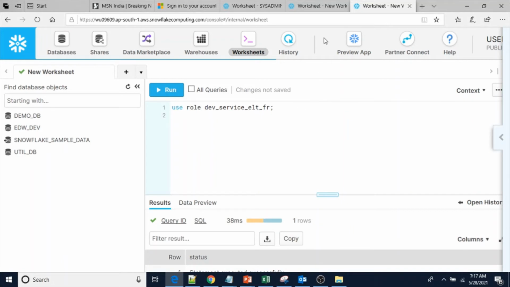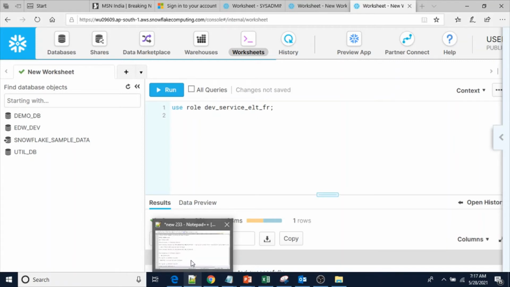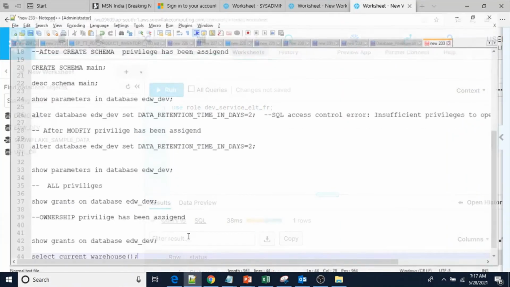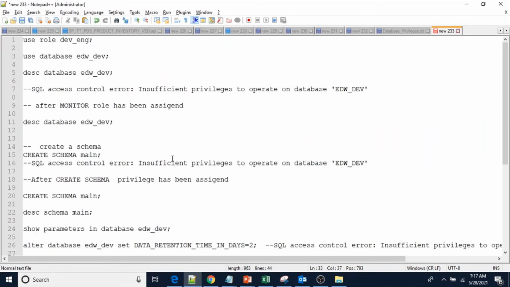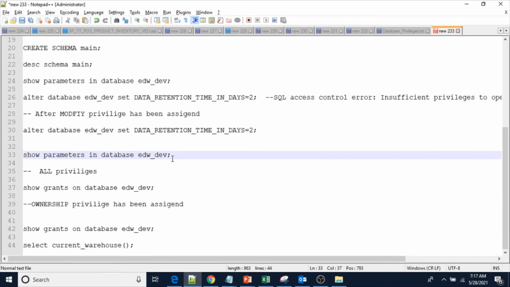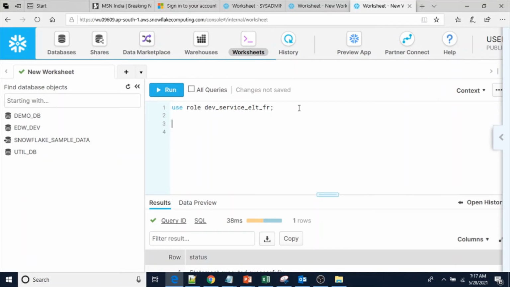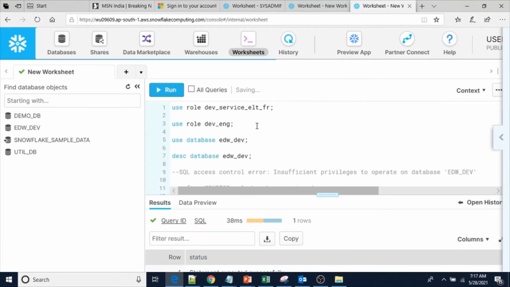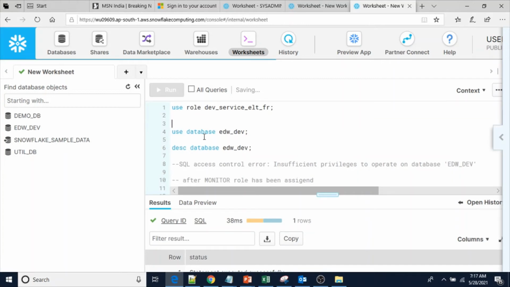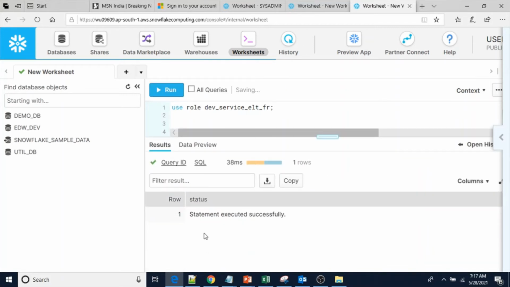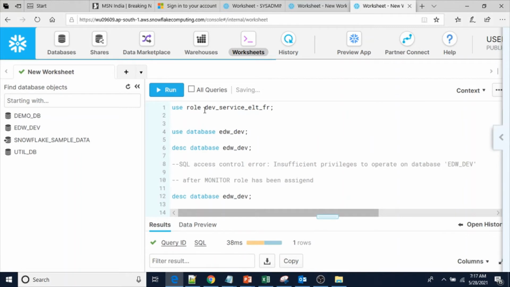Now I can use the database. So use database, because the usage privilege has been assigned to dev_service_eltfr.